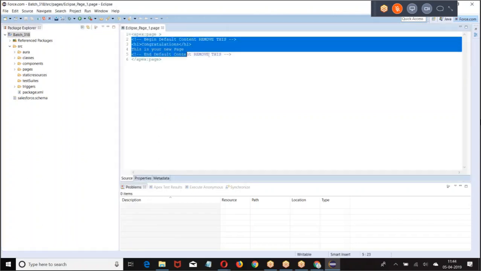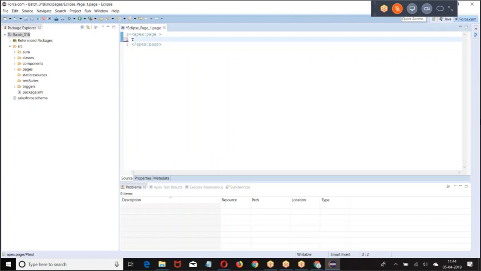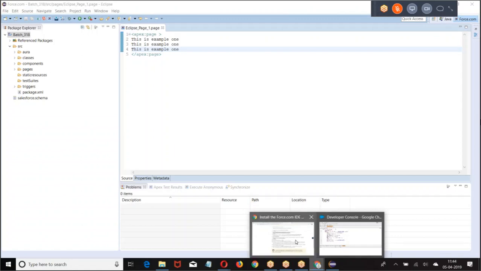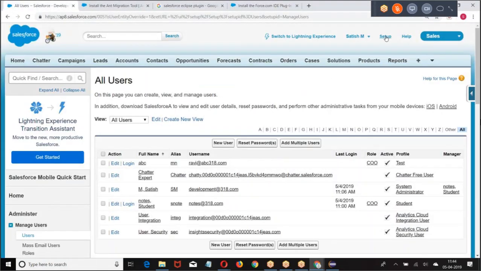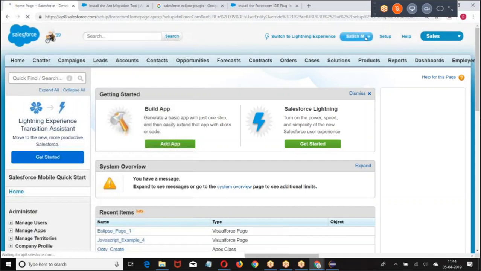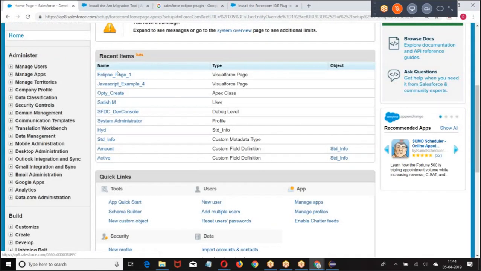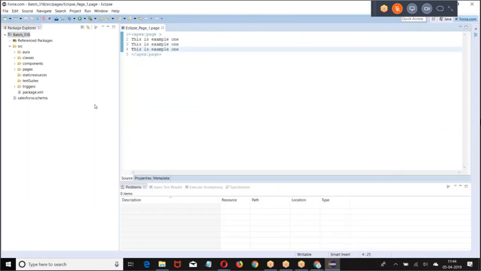Then I wrote some code and gave Control S. Once I gave Control S, you will be finding the workspace. Go back to the account, setup. You're able to see Eclipse page 1 because I was working on Work Online.